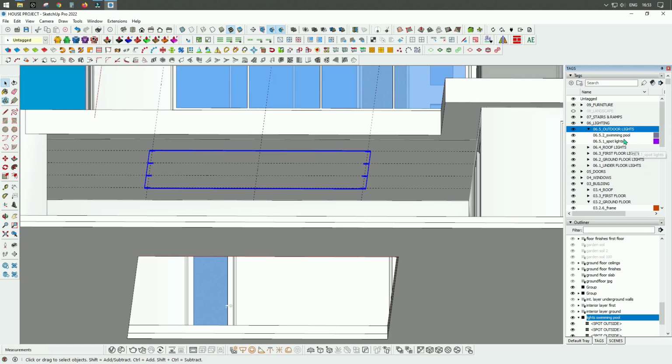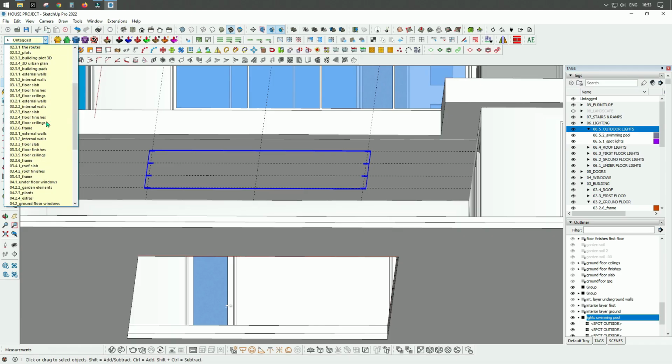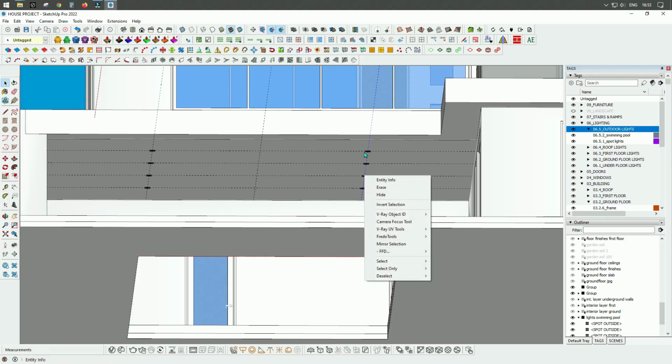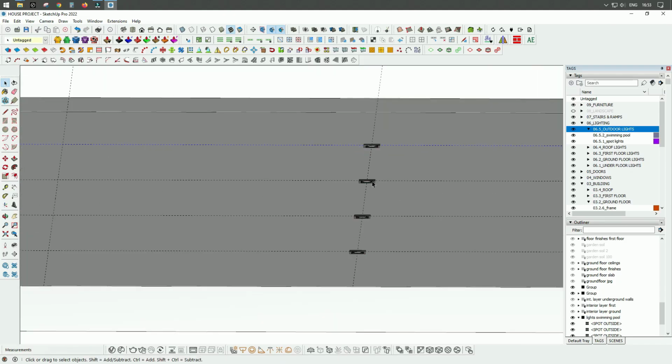I will assign this tag to our group of lights. It will be 06.5.2 swimming pool, and I can lock this group